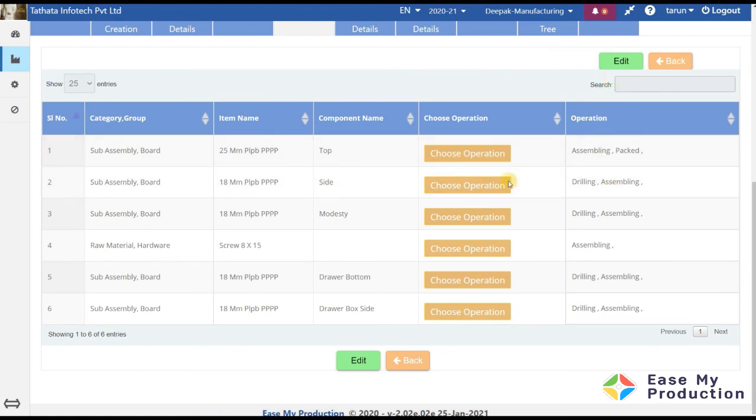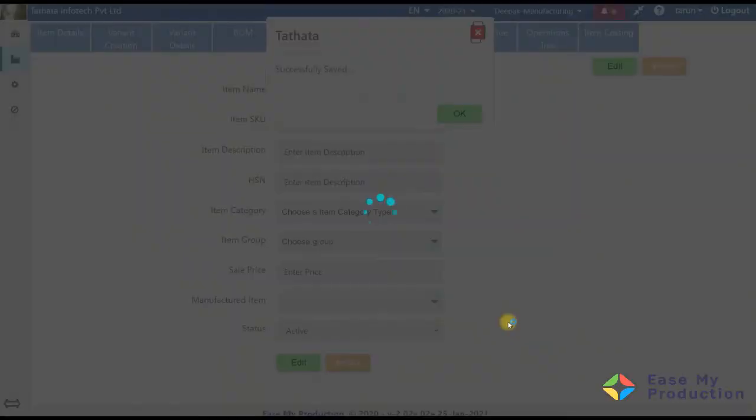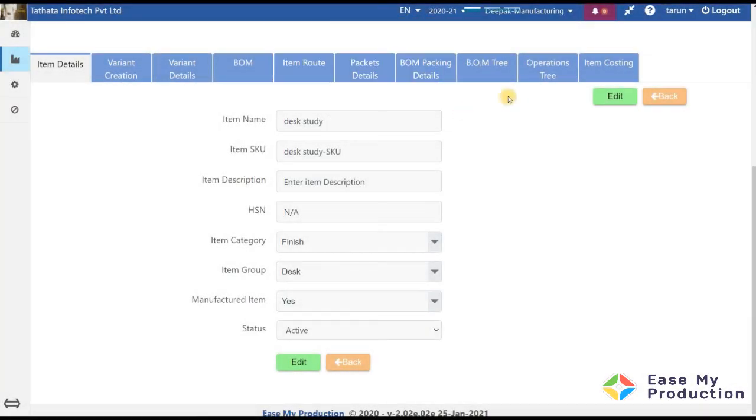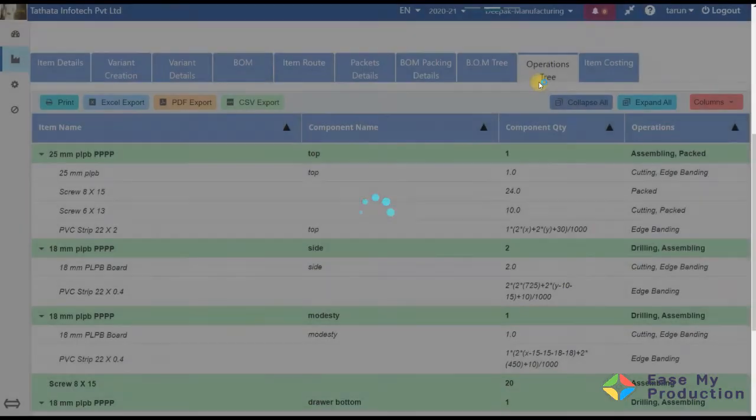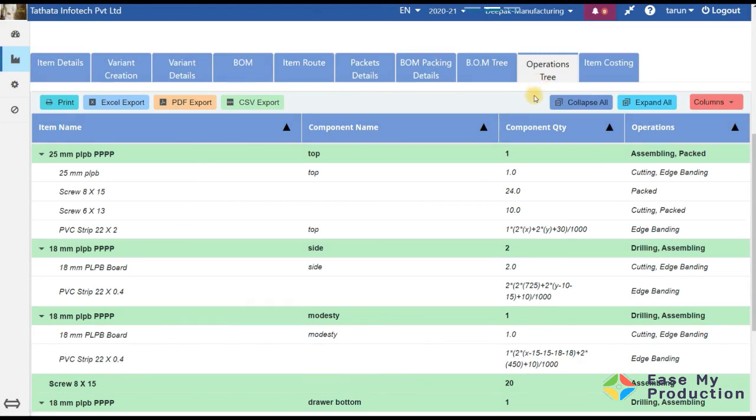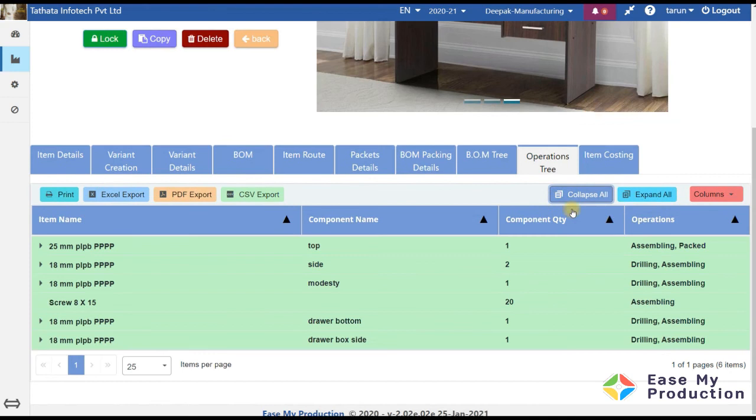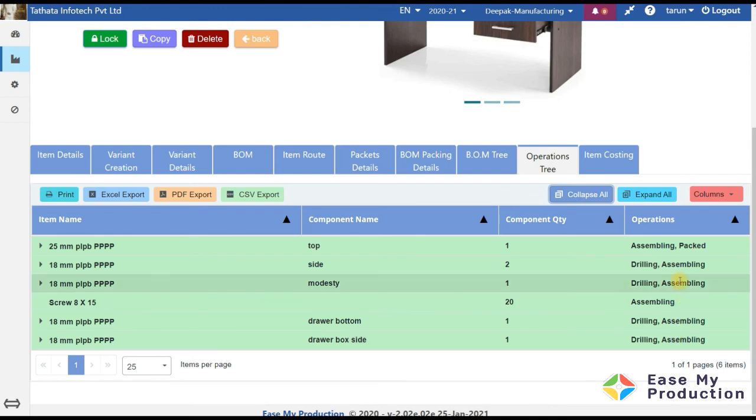Something is wrong, so we save it again. So now see, drilling and assembling both are appearing.